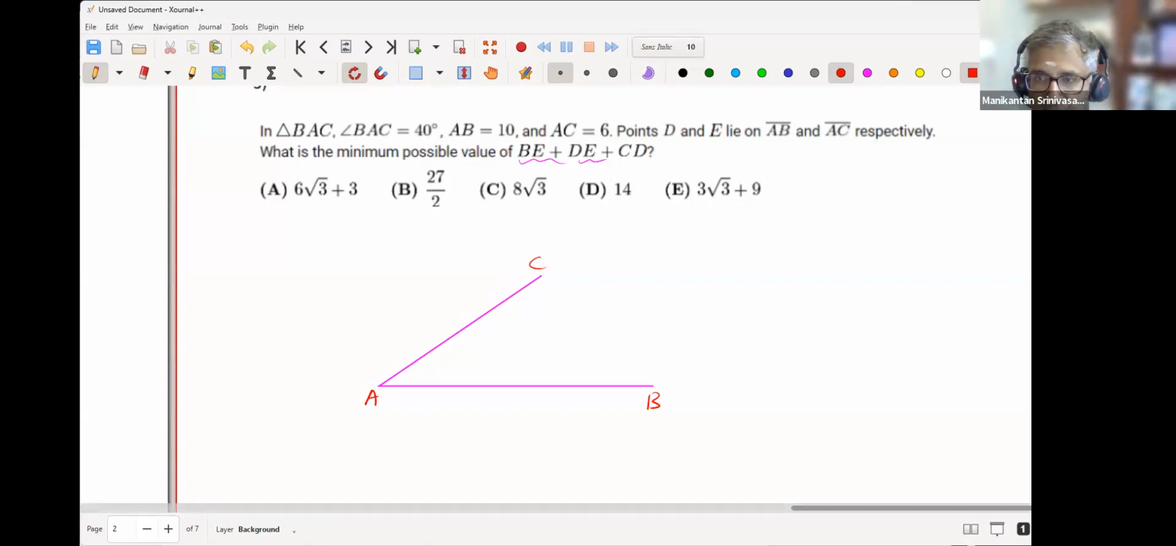Okay. D and E lie on AB and AC respectively. So randomly, let me put AB is this and AC is this, right? So let's say D is somewhere here and E is somewhere here, doesn't matter where. So D and E are on AB and AC. What is the minimum value of BE? Let's mark all of those points. So BE,